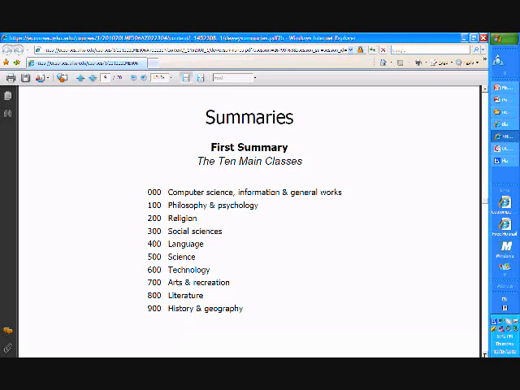The 100s, philosophy and psychology. 200s are religion. 300 is social science. 400 is language. 500 is science. 600 is technology. 700 is arts and recreation. 800 is literature. 900 is history and geography. And for each of these